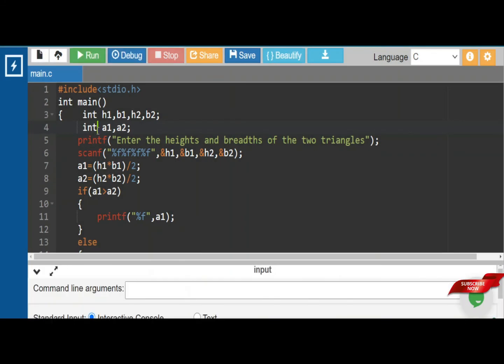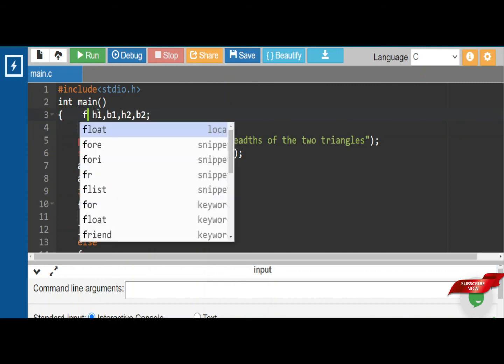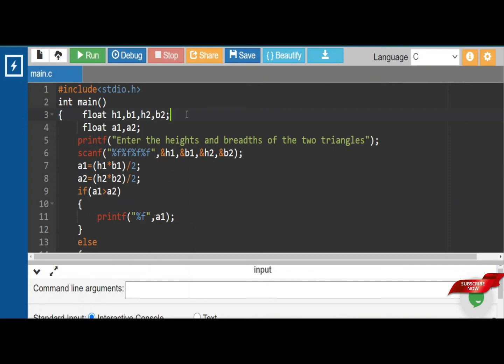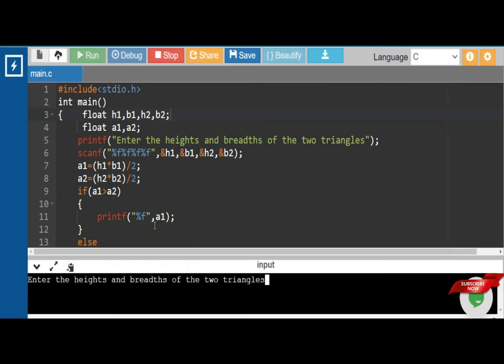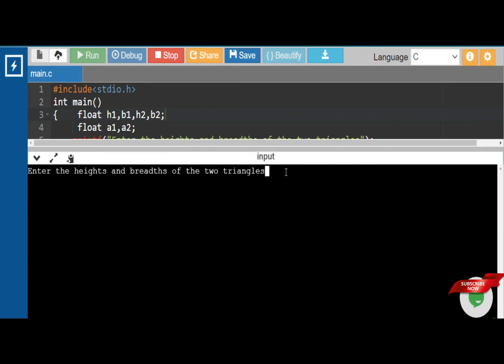See here, guys. When we declared this as int, the areas will be of the float type, right? We need to give it as float itself here. And one more thing, we need to declare these values also in float, but we have declared in int values. Okay, fine. Let me run now. We'll get the output, I think so now. See, there are no errors also now.